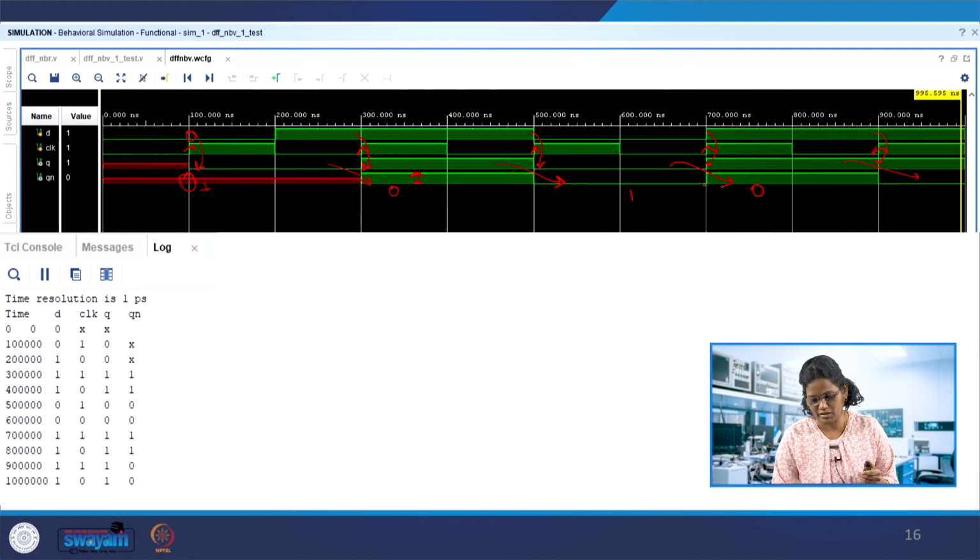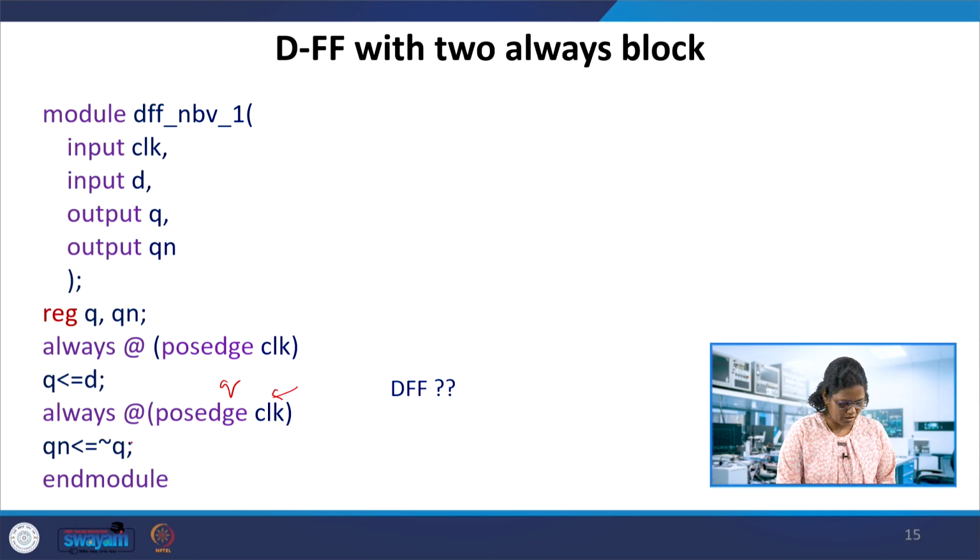The always block is not getting the updated value of Q. Because these always blocks are concurrent, D will be assigned to Q, and the past value of Q will be complemented and assigned to Qn. So Qn doesn't give the proper output; it is not deterministic.